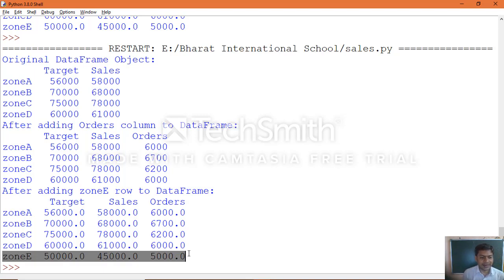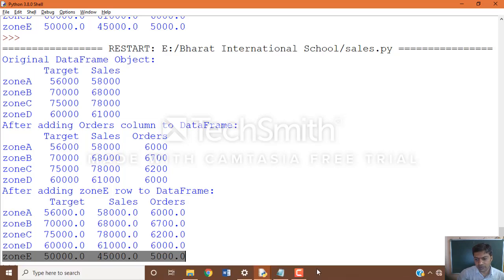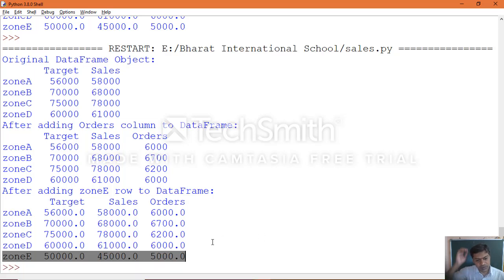The way we added a row to the existing data frame, in the same way as the first example we worked with, you will be able to work on a script file, so you understand how to use a script file while creating an object.